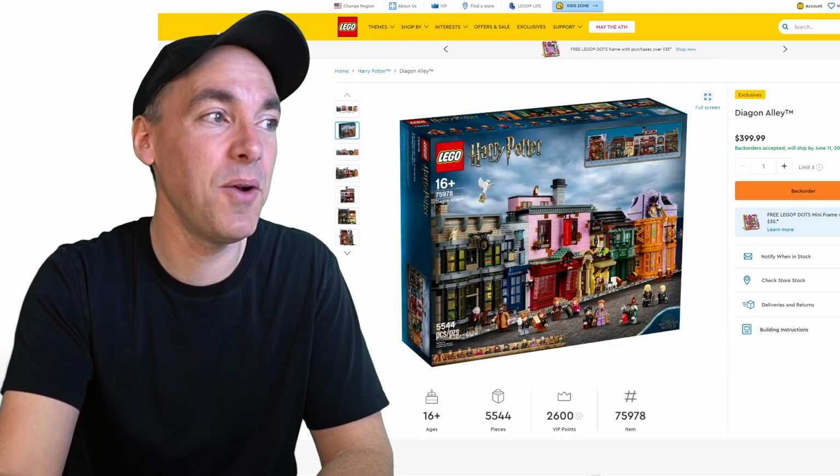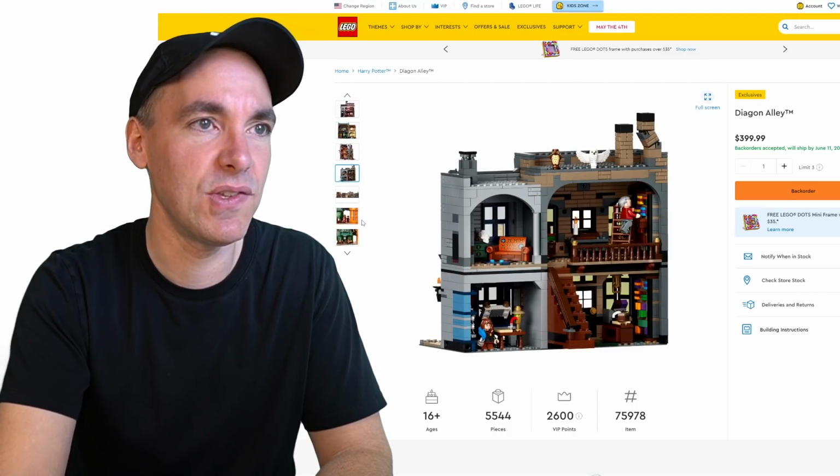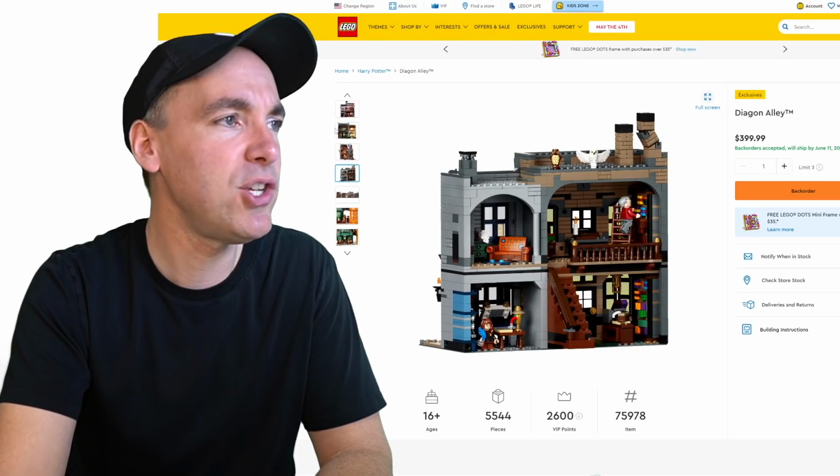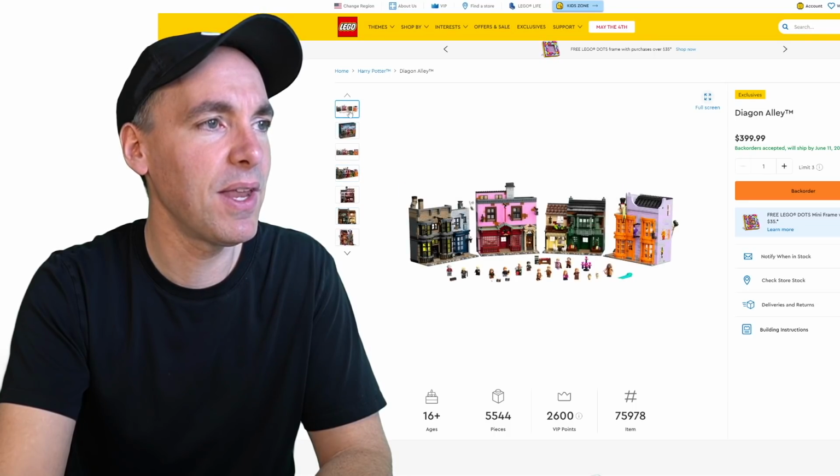So this would be a great one to get, probably a VIP purchase as well. It'd be a great time to snag this, but it's on back order right now. Shipped by June 11th, so that's not too bad. But there's so much detail to this, and I feel like if I'm going to get another Harry Potter set,